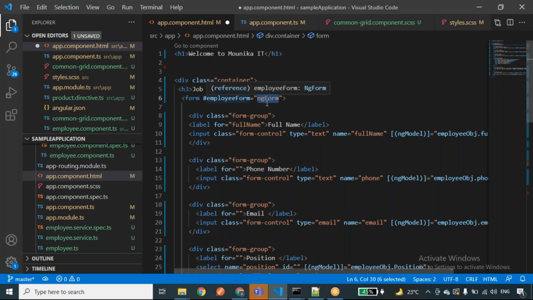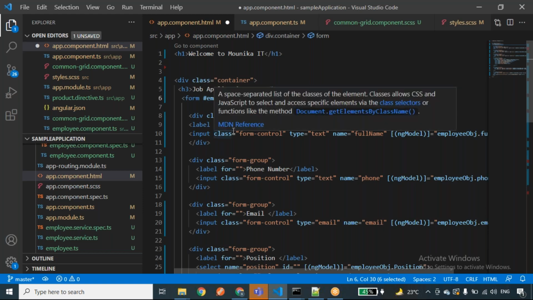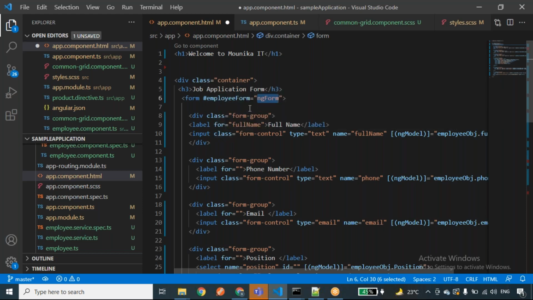Here the ngForm directive captures all the information about this form, like its form values, and we can check the complete details of the form. Now I have assigned this employeeForm, and I just want to print it. Whatever values I have entered, I just want to print whether I'm getting all the values from the form controls.